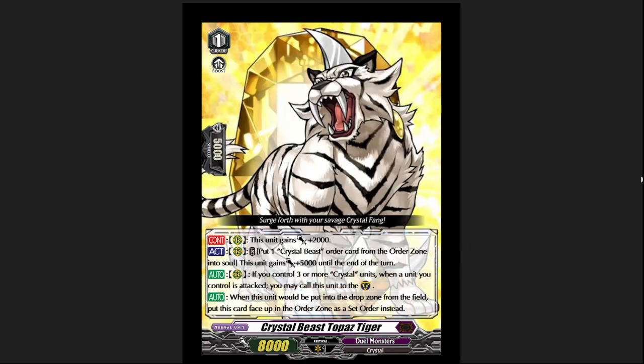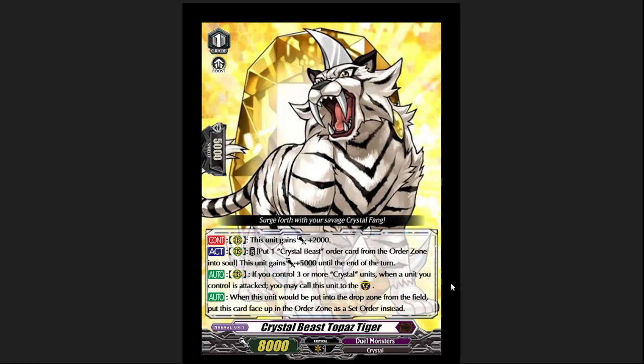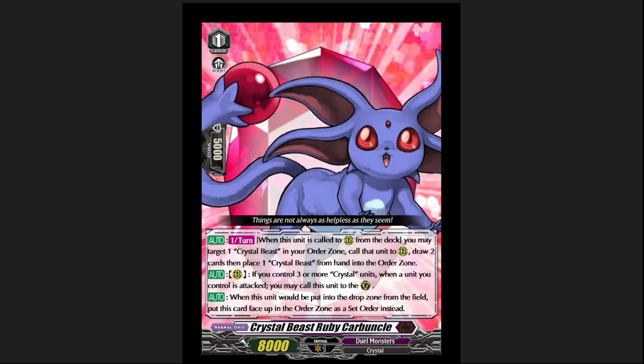It's the whole combo because you go into either Topaz Tiger or you go into Ruby Carbuncle. Ruby Carbuncle is always your target. Topaz Tiger is like the beater. He's the way that they can hit for power that would normally be for grade 2 on the regular. So what you'll see is you'll kind of have the gems in the order zone. You get rid of those gems to be able to do cool stuff with Topaz Tiger and stuff like that. And Carbuncle lets you get draws and does a whole bunch of craziness as well. So you got your 7 main Crystal Beasts there,